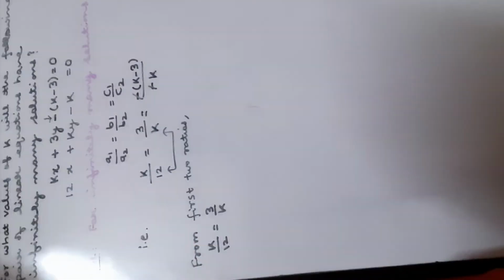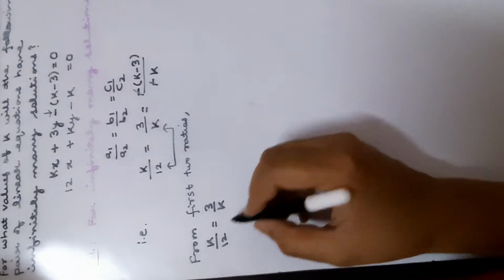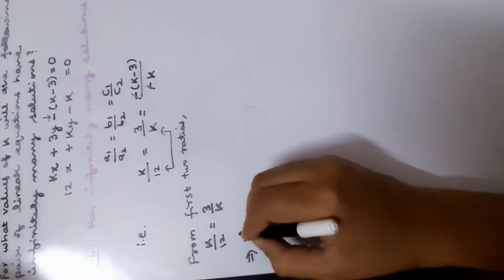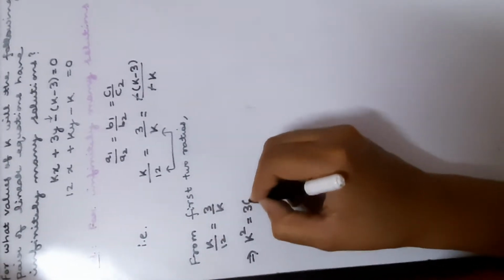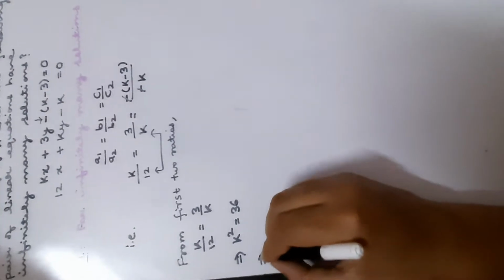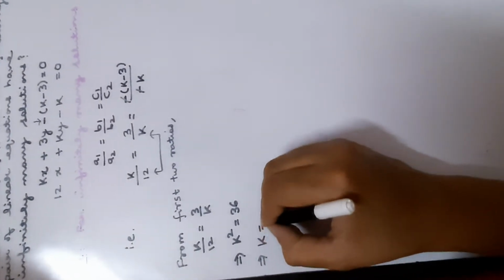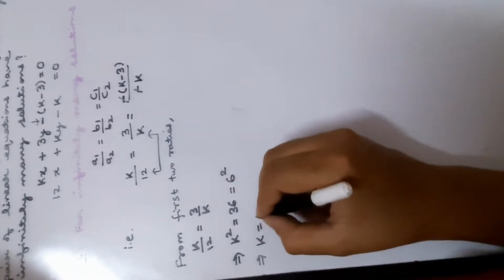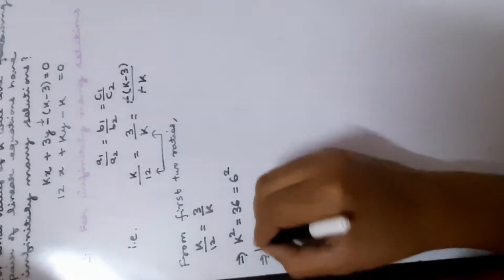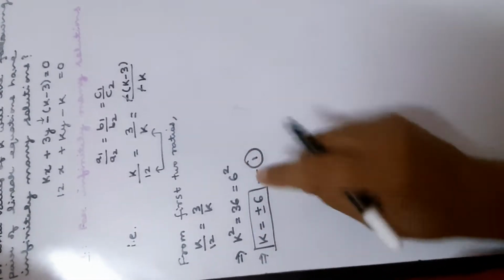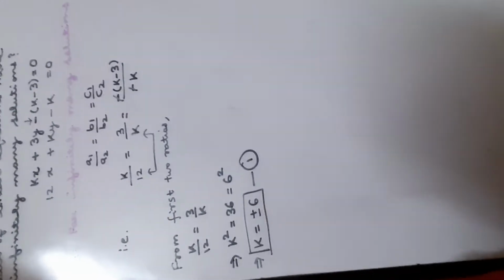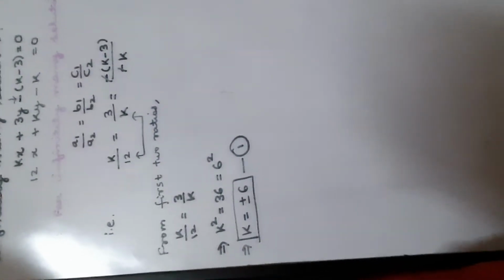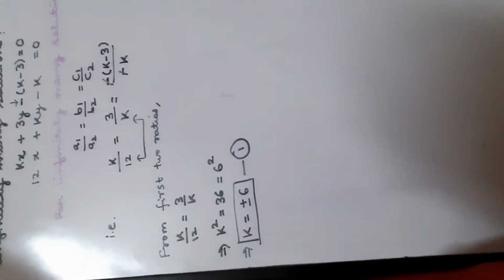From the first two ratios we get k by 12 is equal to 3 by k. Cross multiplying, k into k, k square, 12 into 3, 36. So this means k can be, 36 is a square of 6, right? So k is plus minus 6. Keep in mind now we will not be writing only plus 6 but minus 6 also. Why? Because minus 6 square is also 36. Minus 6 into 6, minus 6 into minus 6 also gives you 36.